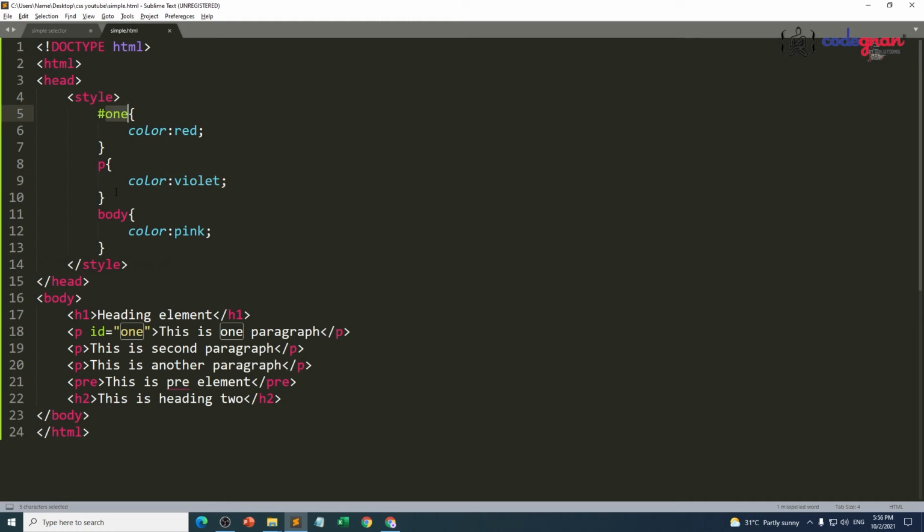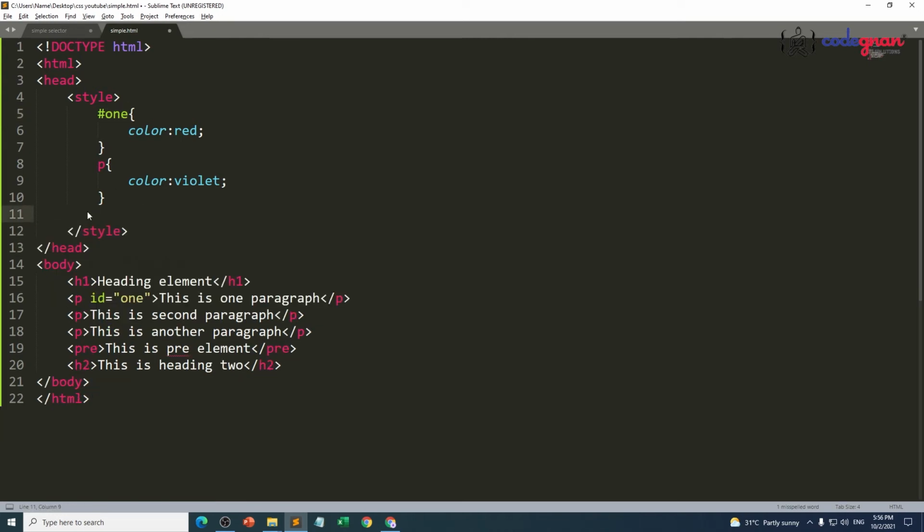If you want to apply the same color to different elements, at that point we are going to use class. Let me delete this one. I want to apply a yellow background color to my h1 and my pre. At that point, we create a class attribute, class equal to b. The class name will be b for my h1, and for my pre also I am going to use the class name b. Control S. To use a class called b, we have to use the dot symbol, dot b.